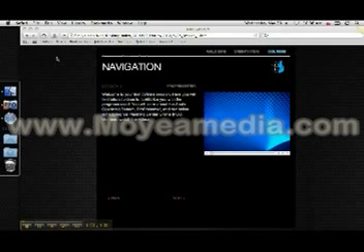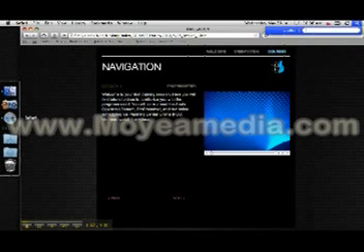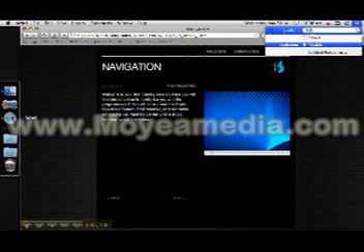Okay, the first thing about Apple that I'm going to show you is how to load up programs. Normally they're going to be here on the dock, but if they're not, you can just hit Command space and it's going to bring up Spotlight, and you just type in the program that you want. I'm going to load up TextEdit, and as you type it, it's going to select it for you. Just hit enter